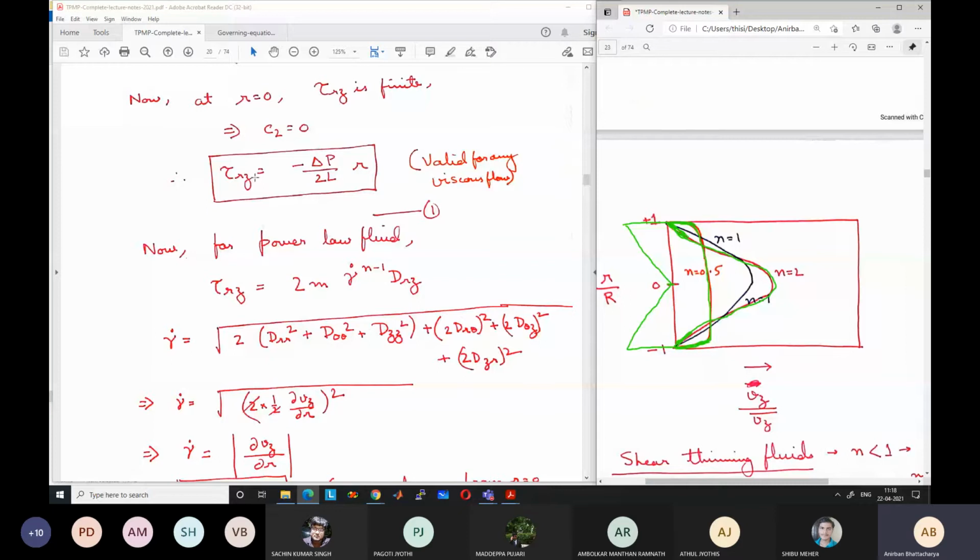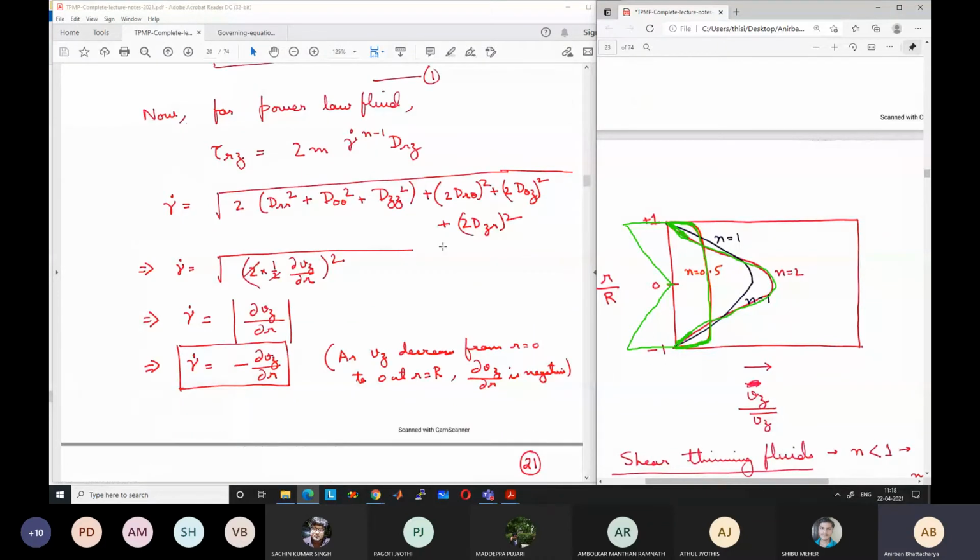Okay, because shear stress is equal to viscosity into velocity gradient. A certain amount of velocity gradient is required. So the velocity gradient is higher at the center as compared to shear thinning fluid. Okay. That's why we get profiles as shown here, or what I have shown here. And you can plot this to get the same velocity profile.